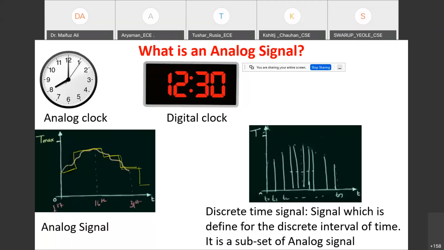Sir, what is the value that the system considers? Is it the average of the value for a certain time, or is it the RMS value like in an AC circuit? No, no, we'll discuss it in some other classes. We will discuss in detail how we convert an analog signal to a digital signal, the analog to digital converter. And how a function looks in the case of digital, we will discuss in detail. Okay, definitely, sir. Thank you.